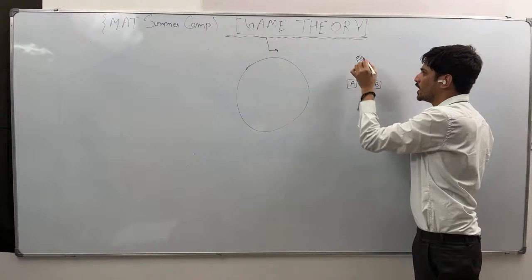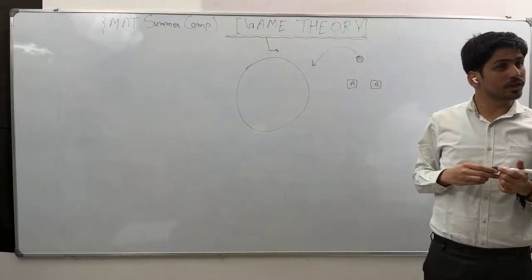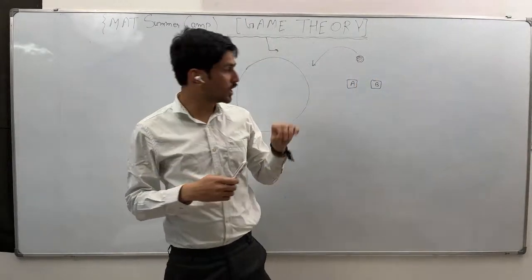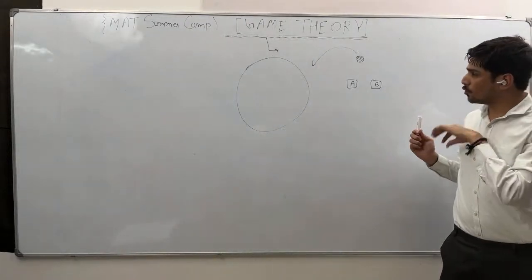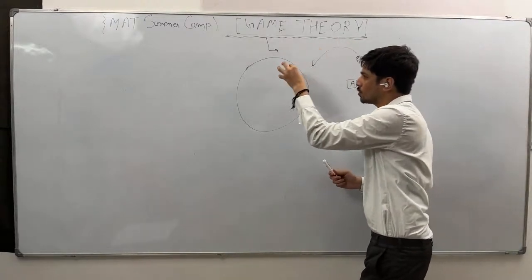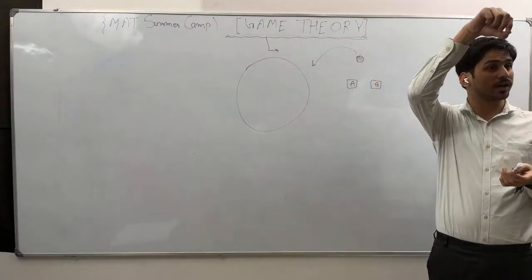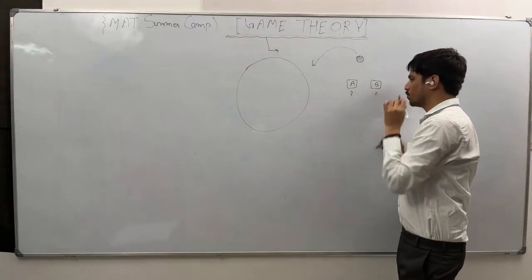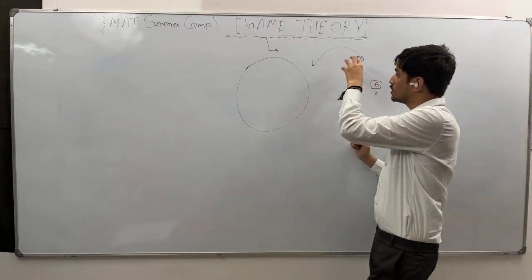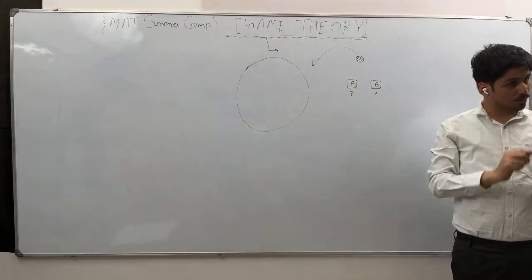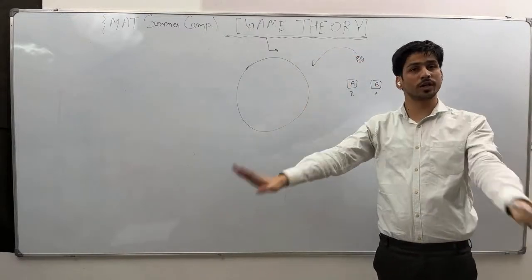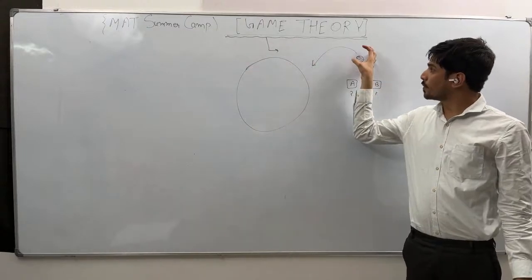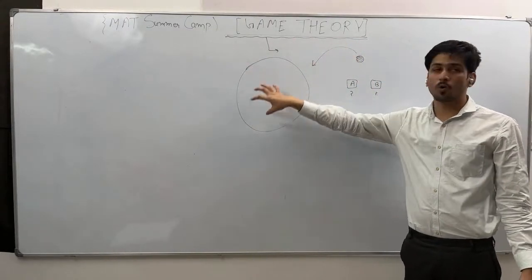First of all, A will put a coin within the circle, then B will put, then again A will put a coin, then B will put. They are putting the coins flat only, they cannot keep them vertical. Now the question is, do you want to go first or second? Whichever player does not find space to place the coin will lose the game. Is it clear?